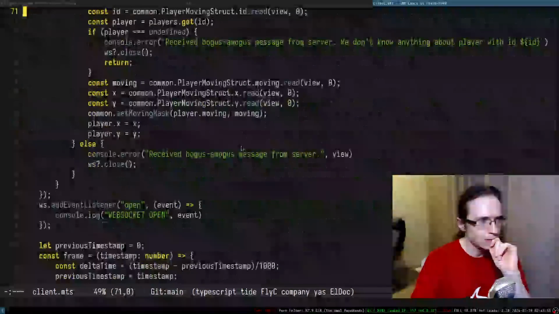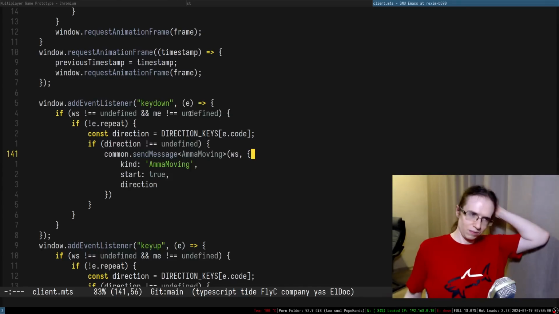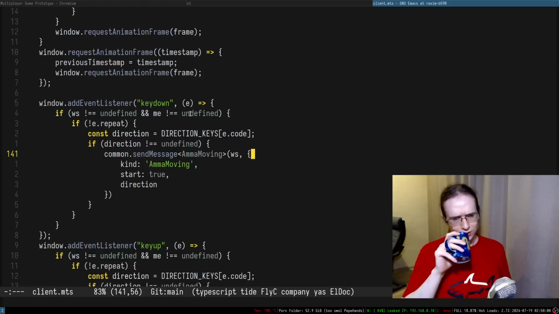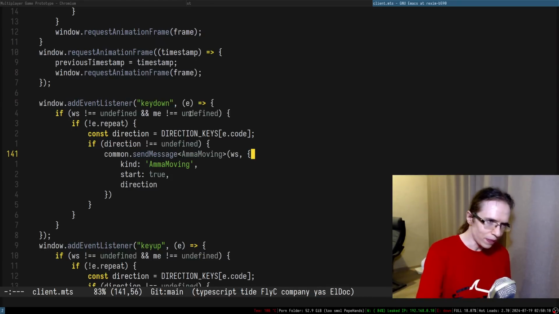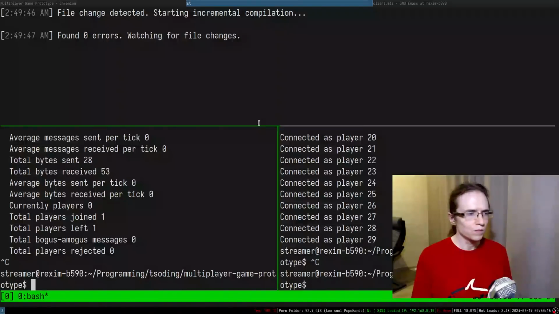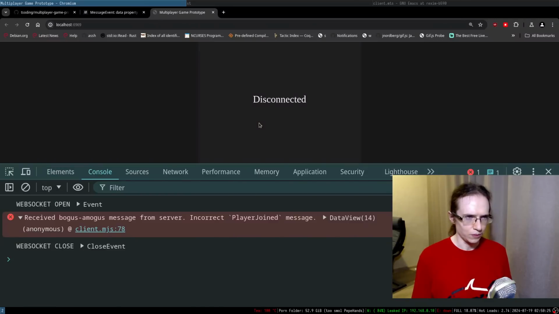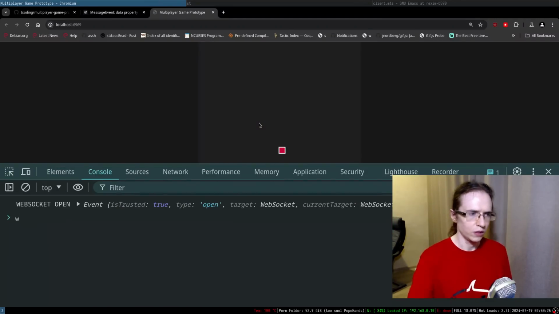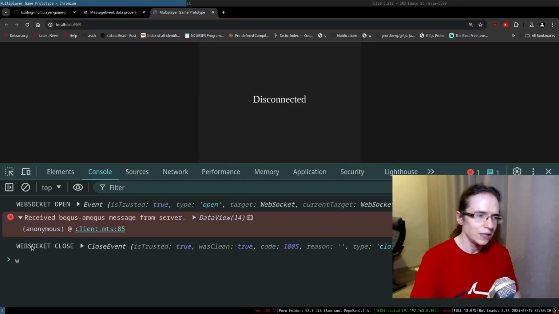Okay. So when we send things, like we still have ammo moving, but this one is easy, actually. This one we can just send the moving mask. Okay. Let's go. Okay, so let's refresh. Okay. And all right, bogus and bogus messages. That is bizarre